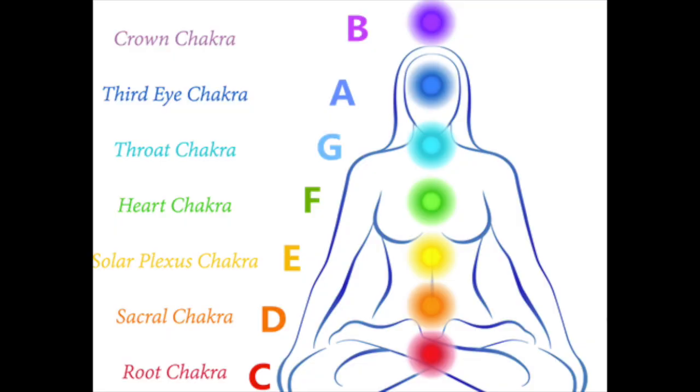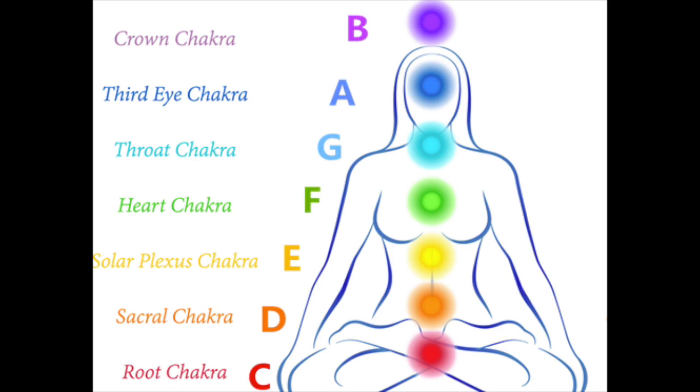In the New Age community, there's a whole lot of talk about chakras, and there's a whole lot of conclusions being made. There are also specific colors and sounds being associated with each chakra, and a typical chakra chart usually looks something like this. We have the root chakra, which is red and a C note.